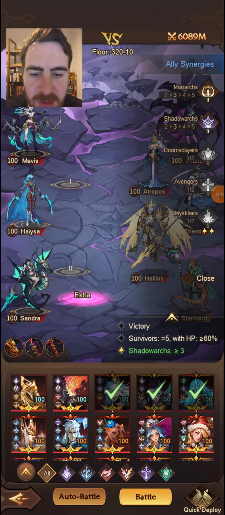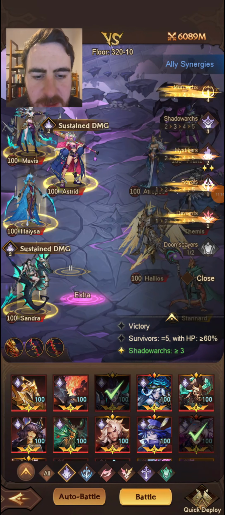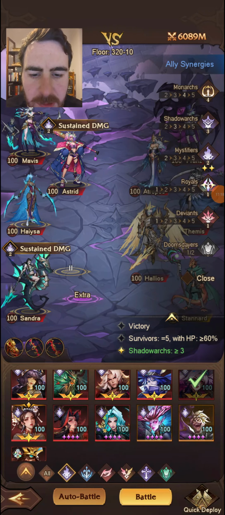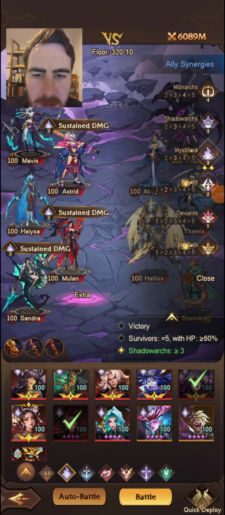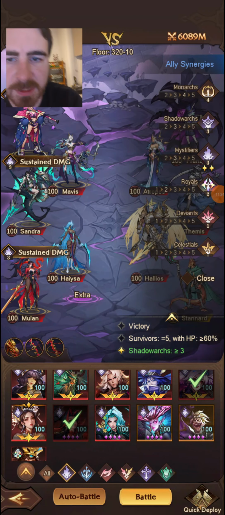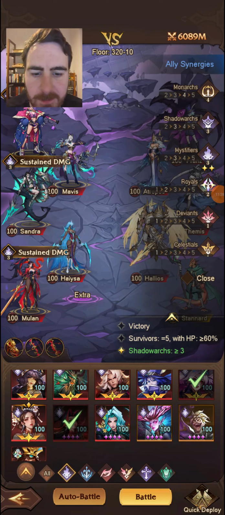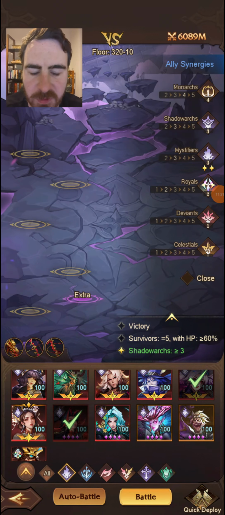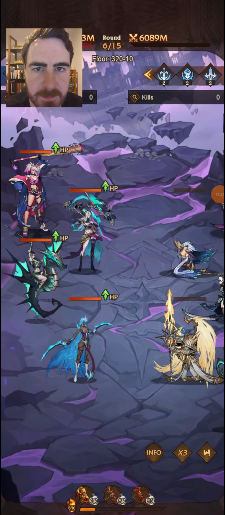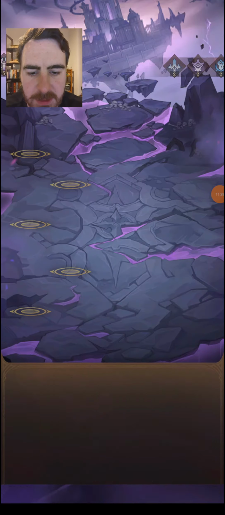Let's take these 2 out, and so we kind of need a mix of damage and non-damage. So let's put in Astrid, and let's put in Mulan, and I'm going to put Mulan on the back row. We'll pop Mavis on the front row, and then Halaster is single target damage as well. So let's jump in like this. We've still got our 3 Shadow Arcs, should be absolutely fine. Yeah, so 6 rounds, but we did lose. Who was that? We did lose...